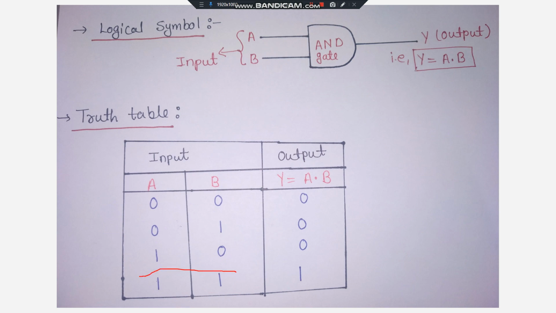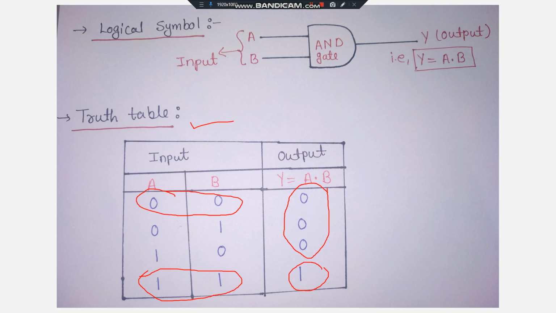So the statement is very simple. If all the inputs are high, or you can say if A is 1, B is 1, the output of AND gate becomes high, that is logical 1. And if any one of the inputs is low, or both the inputs are low, then the output of AND gate becomes low. I hope now it is very clear to you. So here we have discussed the AND gate statement, the Boolean expression of AND gate, the logical symbol of AND gate, and lastly the truth table. I hope this is clear to you all.